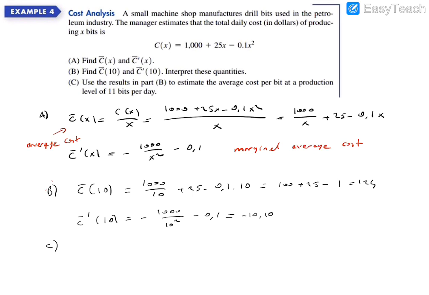So for the next one, if production is increased by 1 unit, 1 bit, then the average cost per bit